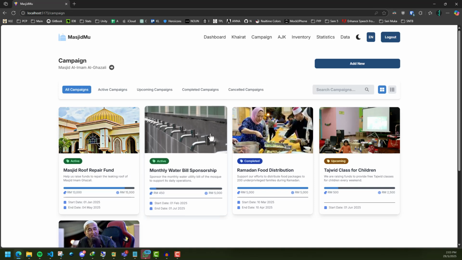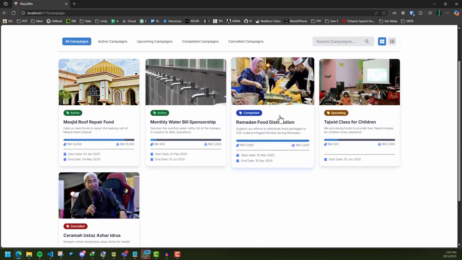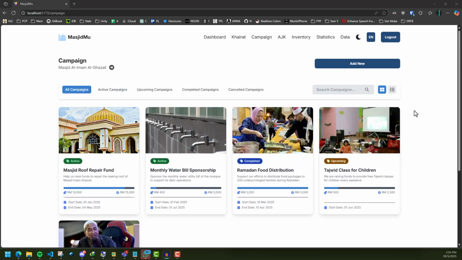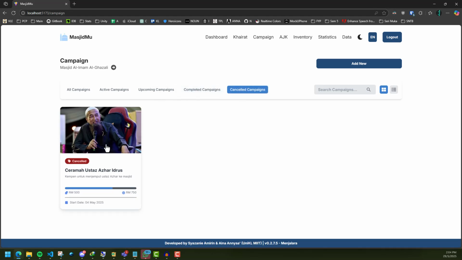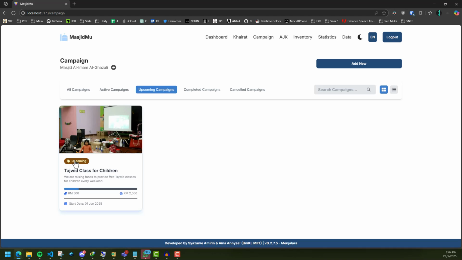You can add new campaign here. So add new campaign here, and you can also put pictures in it, and you can keep track of your campaigns. For example, if your mosque has a lot of campaigns, it will be easier for you to keep track of which campaign is active or which campaign is upcoming just by clicking here on the filter. As you can see, this campaign is cancelled, this campaign is completed, and this campaign is upcoming, and this campaign